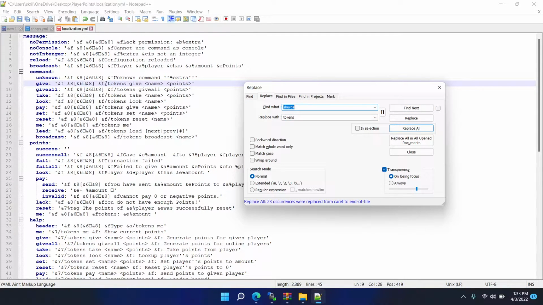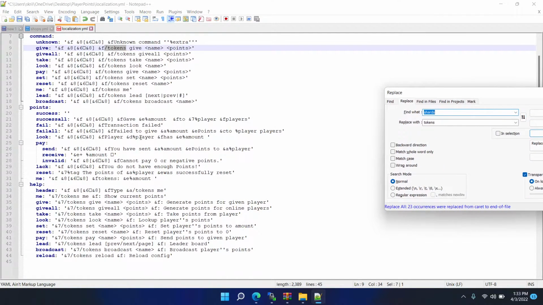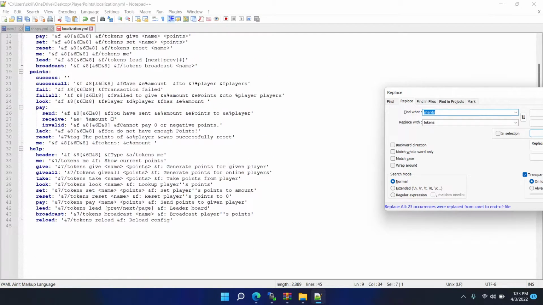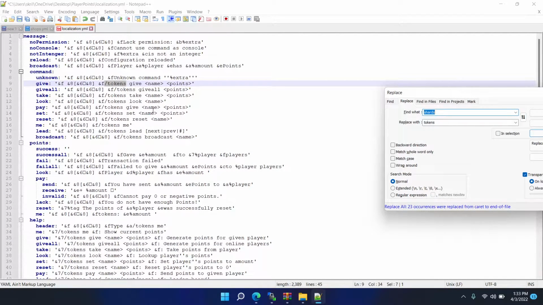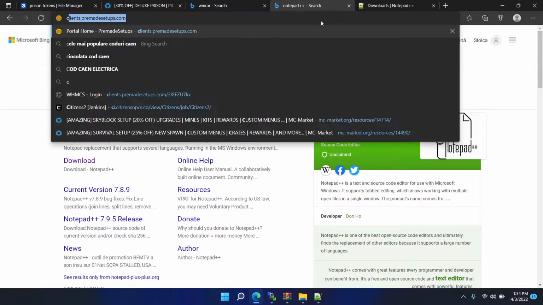And now as you can see, all the commands will be with tokens give, tokens take, and whatever. And you can of course change this to whatever colors you like. For example, if you don't like this symbol, you can change it to whatever you want. You can go to cool symbol,